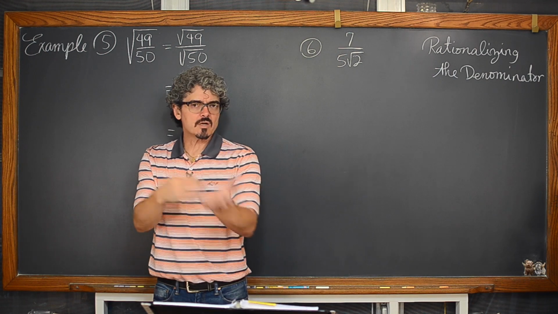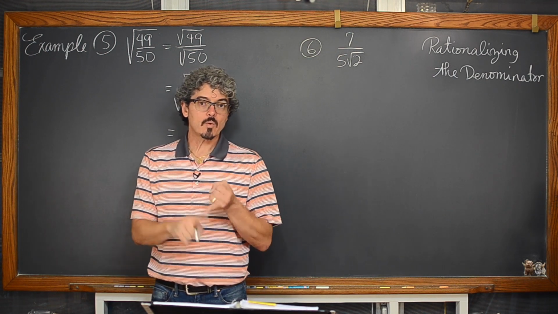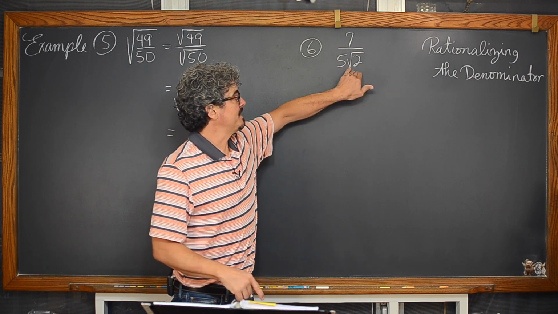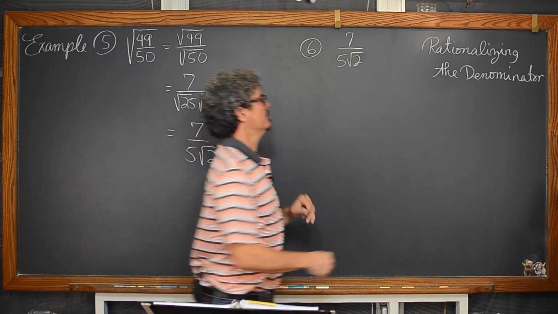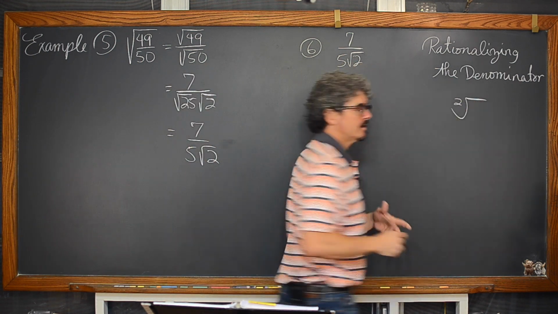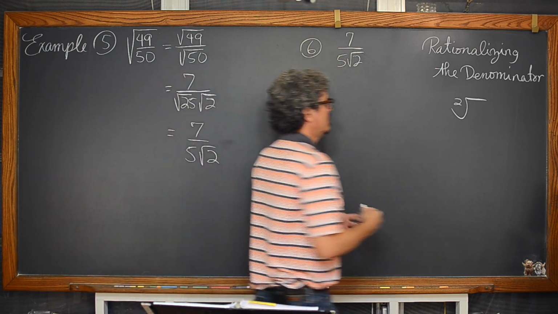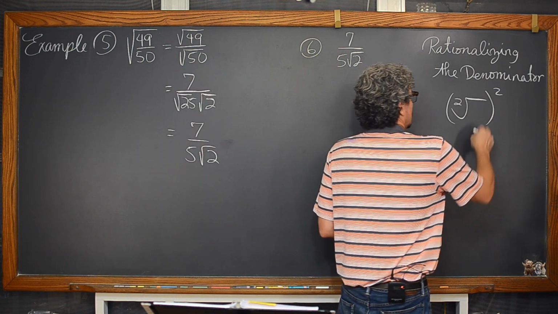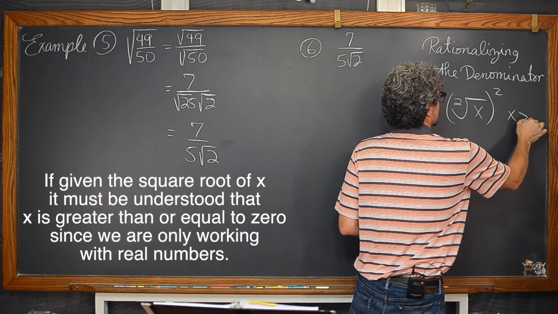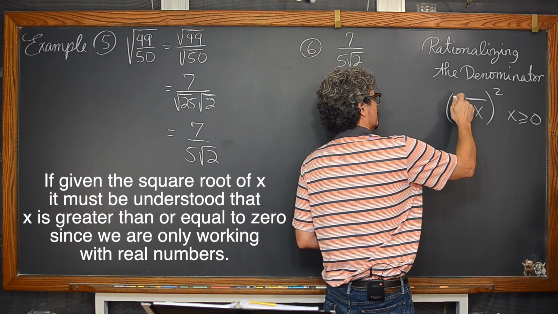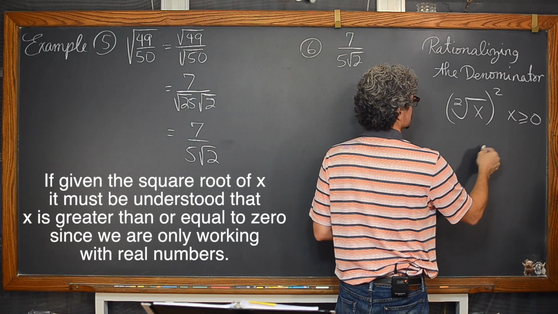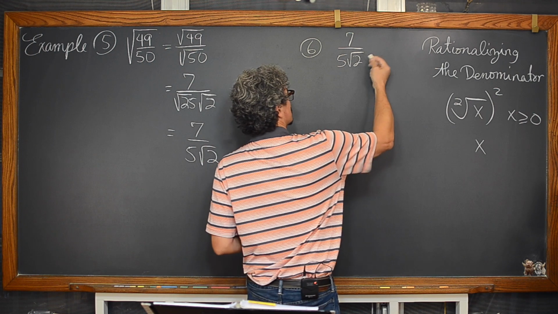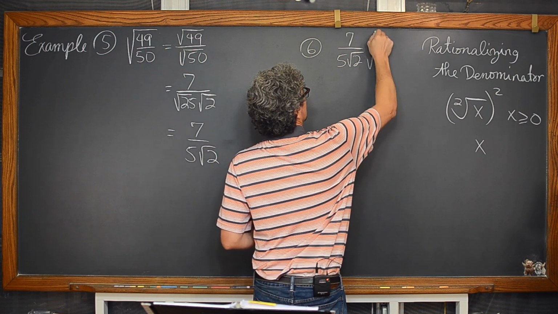And what did we talk about at the beginning of this lesson? That the squaring function and the square root functions undo each other. So if I want to do something that undoes that square root, then what I will do to that expression is the inverse math operation, which is to square it. And if we assume that x is greater than or equal to 0, then the square of the square root of x is equal to just simply x. So we're going to take the square root of 2 and just sort of square it, or multiply it by another square root of 2.